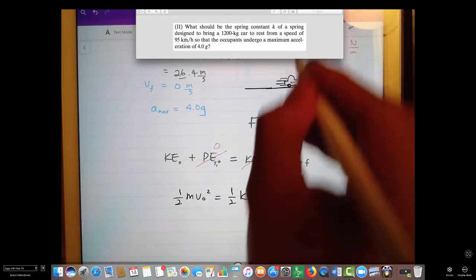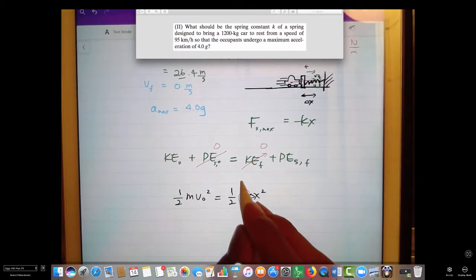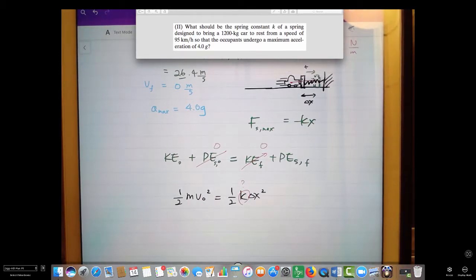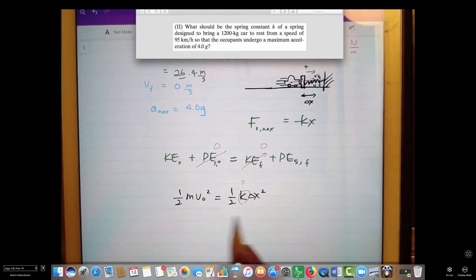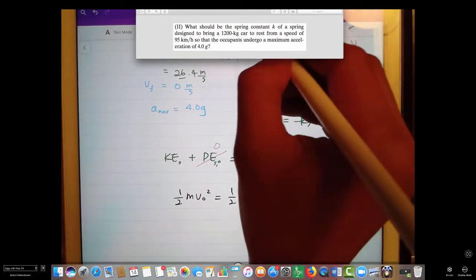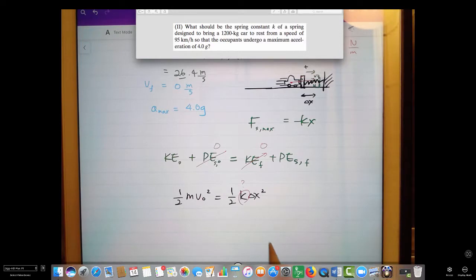I'm going to circle the unknown variable we want, but we have a problem. We know the mass, we know the initial velocity of the car, but we do not know the displacement of the spring pressed. So what we need is the Hooke's law that we mentioned earlier,